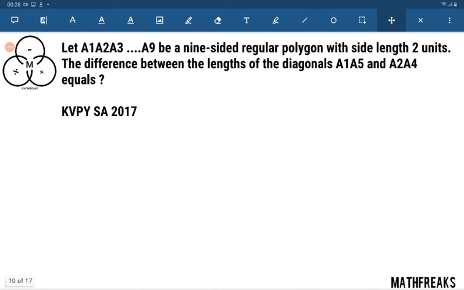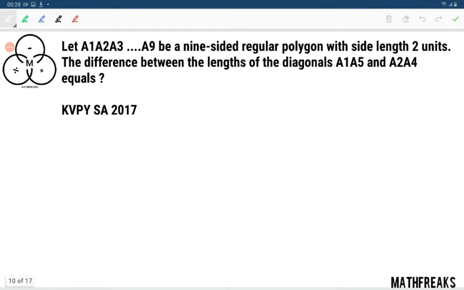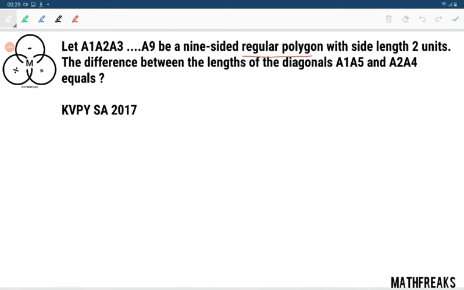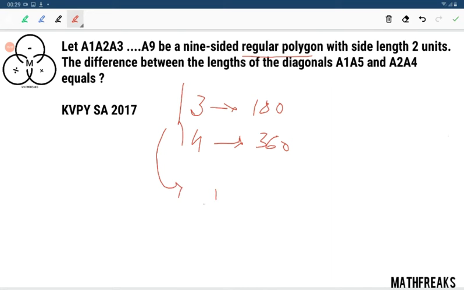The first question from KVPY SA 2017. Actually, this kind of questions we have given here because these are confusing questions. Here you will see that you will get 140 degrees because there are 9 sides, and this is a regular polygon. To find out the angle, how would you find? What is the total angle? The total angle for a triangle which is having 3 sides is 180 degrees. 4 sides, 360 degrees. So can we conclude that, if the number of sides is n,